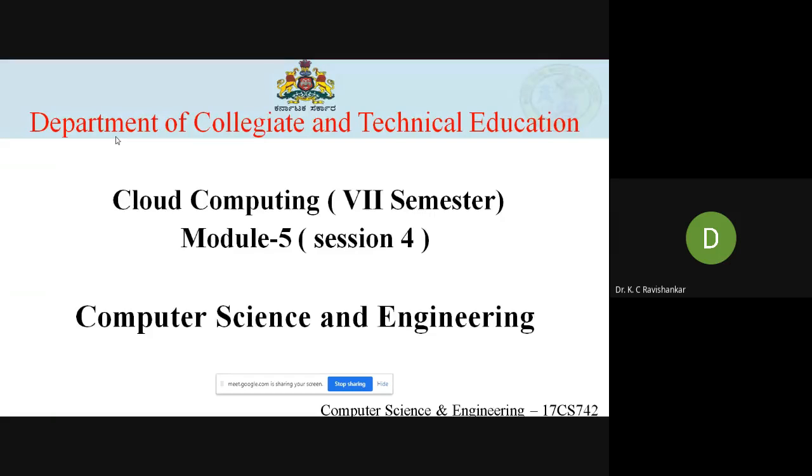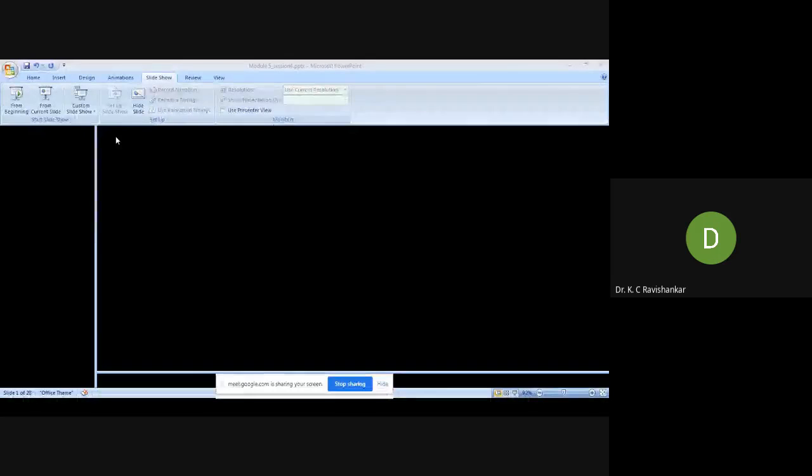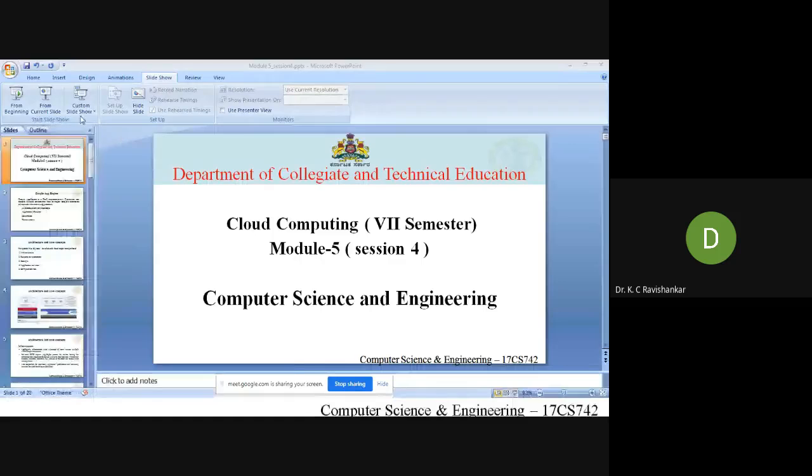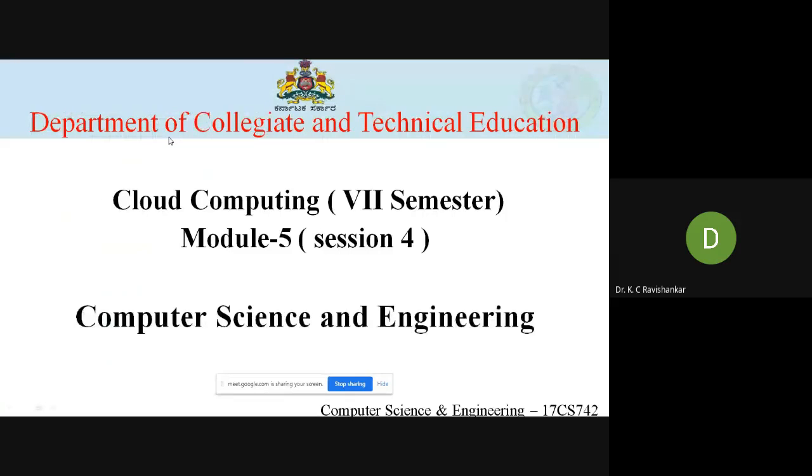You have discussed Amazon services and the facilities available with respect to the computing cloud, the storage cloud, and various facilities provided with respect to storage through Amazon Web Services. So today we shall continue our discussion